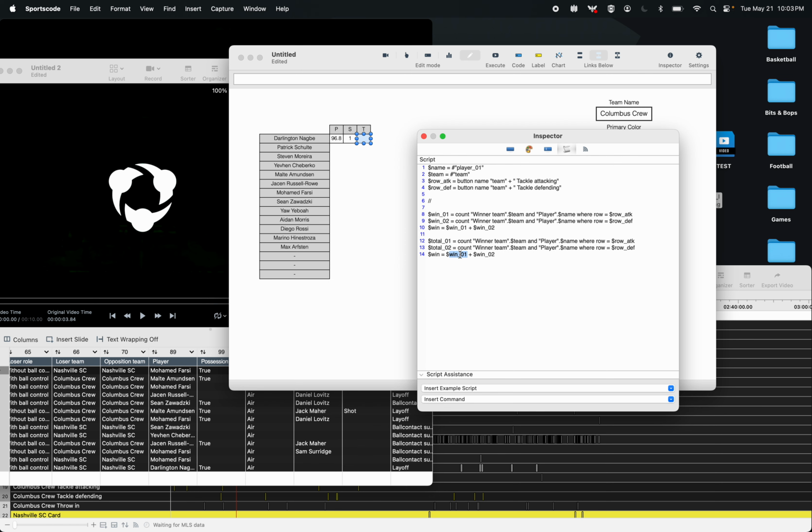2, total 1, 2, and we just want to look at every time the player was in the tackle. So let's get rid of the winner aspect of it. And then here I can do my normal script here of equal